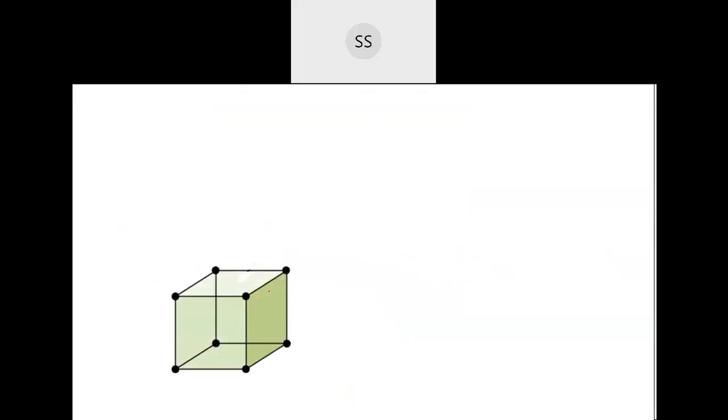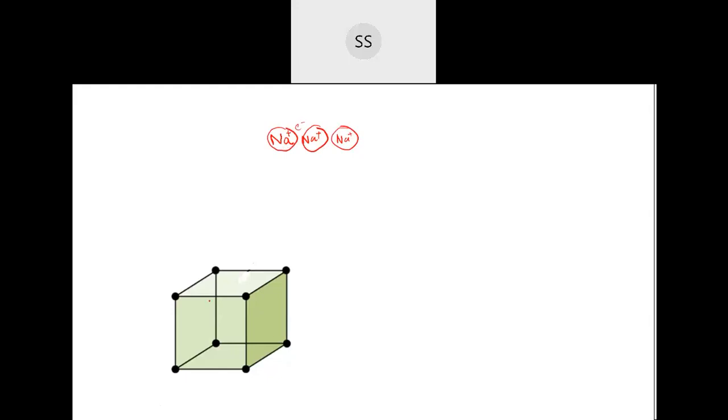Imagine one crystal lattice I'm having. You can take sodium as the example, I'm just taking a simple example. If I take a piece of sodium metal, you will find that there are sodium ions, Na plus ions, one after the other. In the metal you have a metallic bond where ions are present, sodium ions, and then you find electrons are present outside. So everywhere you have sodium ions.